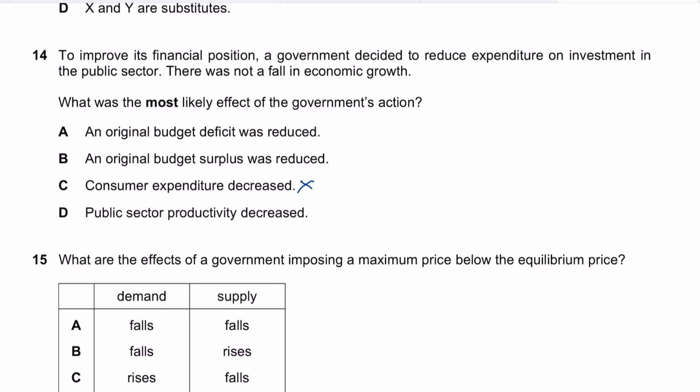By the way, productivity is a factor that can affect your LRAS as well, but obviously they're talking about immediate effects. So your SRAS could go to the left, and then in the long run, your LRAS will go to the left as well. So it could impact both your SRAS and LRAS, immediate effects and long run effects. As far as this MCQ is concerned, the answer should be A, because an original budget deficit